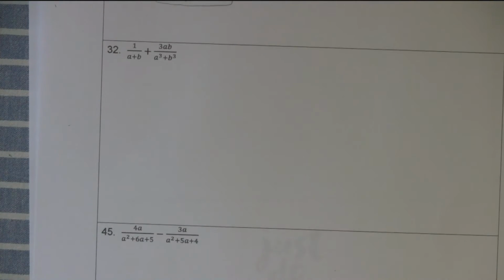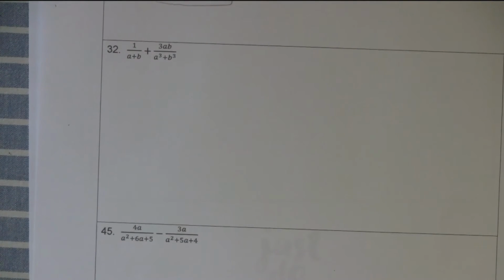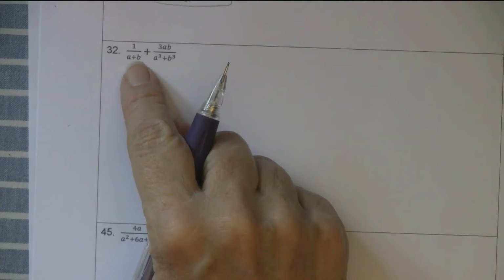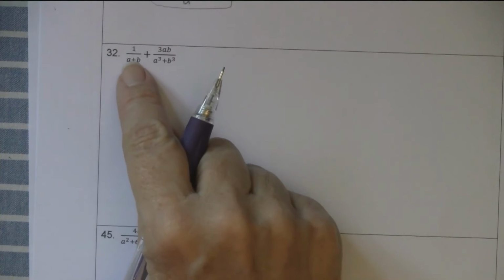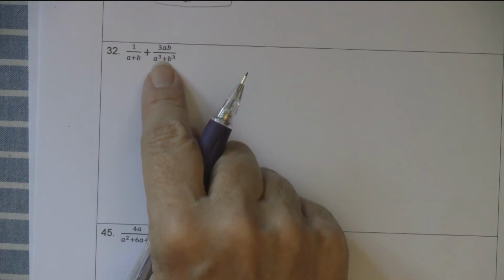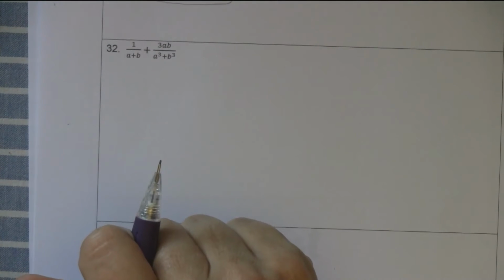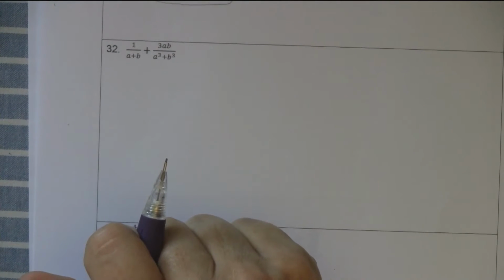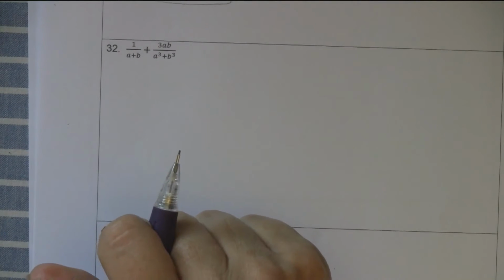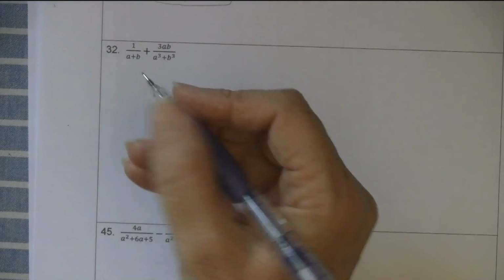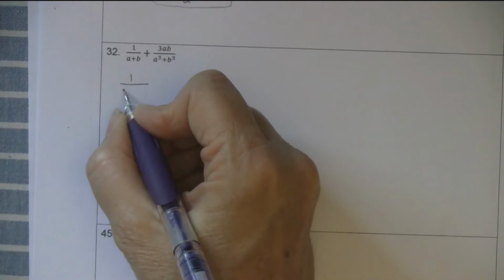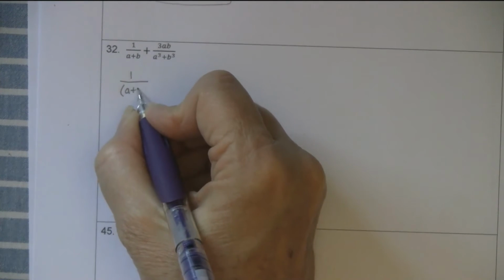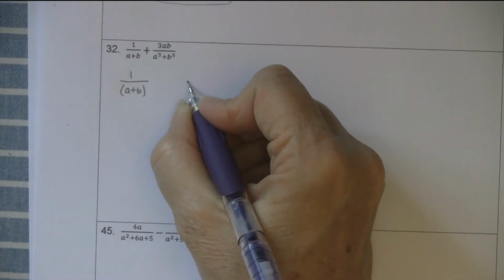So I can see that the denominators here are not the same. A plus b is not the same as a cubed plus b cubed. And this is a binomial, and that's a binomial. And so what they're telling us to do so that we can get the denominators to be the same is to factor the binomials. Well, a plus b doesn't factor, so this is just 1 over a plus b. And I'm going to leave some room, plus,